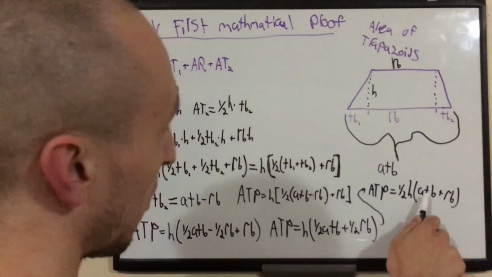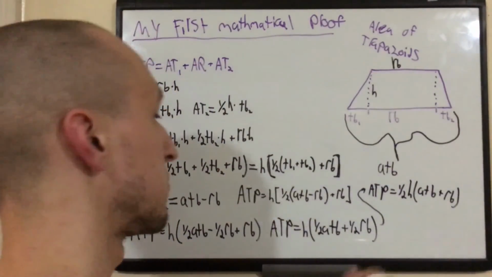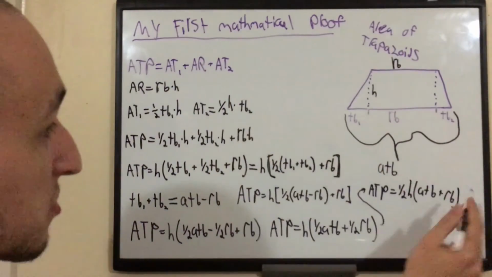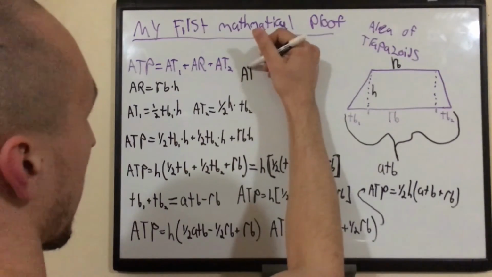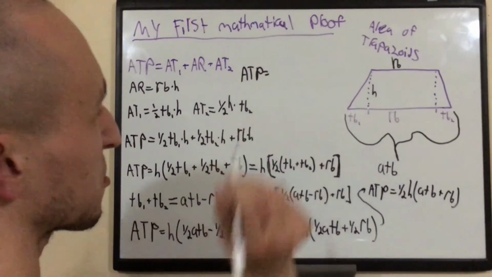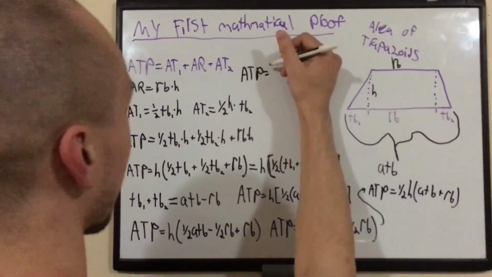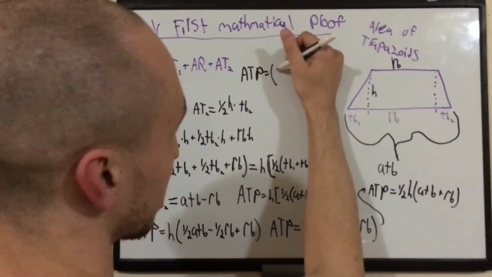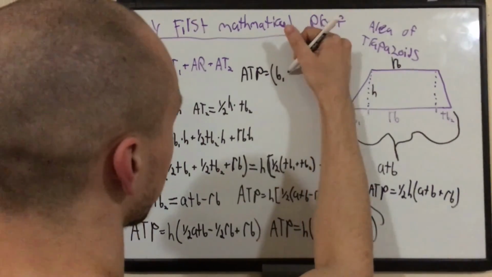And for all your Googlers out there, I'm going to replace these things. Okay, I'm going to call ATB B1, I'm going to call RB B2. We're going to rewrite it over here. So just remember, I'm going over here now. Ready? Okay, let's go. ATP equals, I'm also going to write it in a format that's maybe nicer. I'll put the H on the side. I don't know. Maybe Google will have it this way. It doesn't matter.